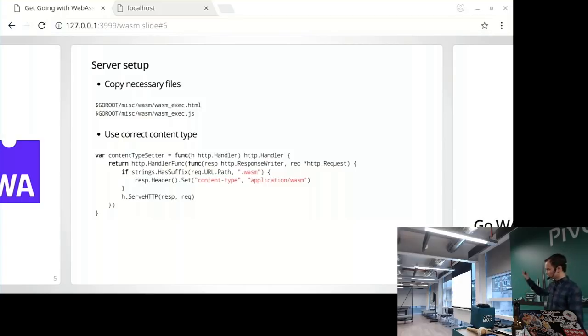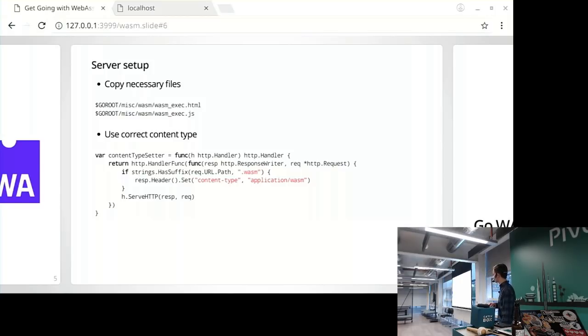So the wasm_exec is essentially what your index file should look like if you want to load WebAssembly, and wasm_exec has to be included with your generated files. In the demos that I am going to show you, it's all done automatically using a Go generate script. Thanks, Nick. Also, secondly, browsers don't like it when they load a WASM file and it doesn't have